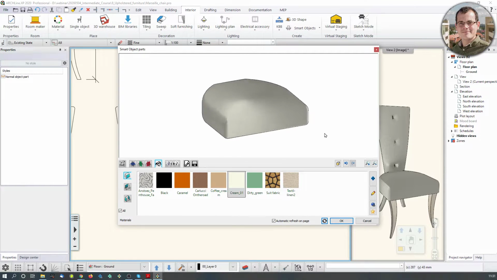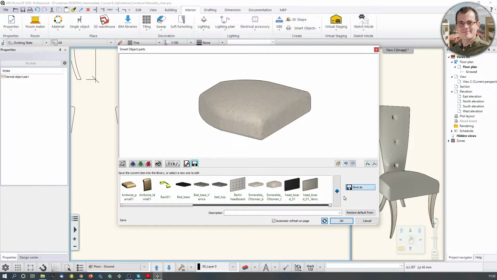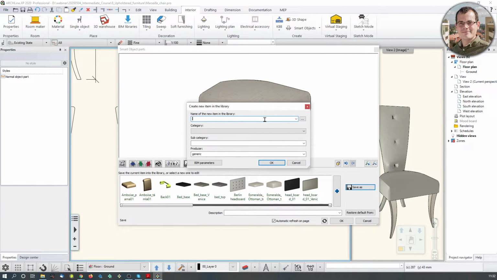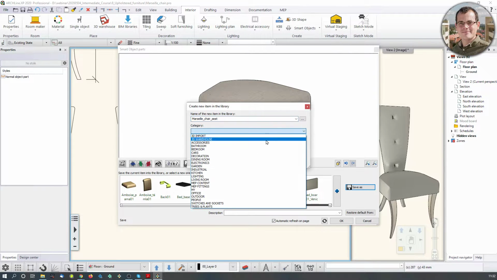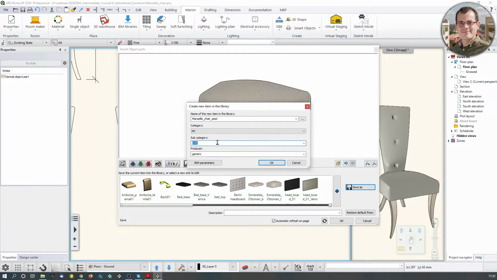So maybe some kind of leatherish would be good, or use the textile linen number 2. Whichever is better. I think I'm going to use the linen one. I liked this before. So I'm going to go with the save button, saving it as, and the name would be, oh, I hope that's how Marseille is spelled. Marseille chair seat. The category is going to be my,